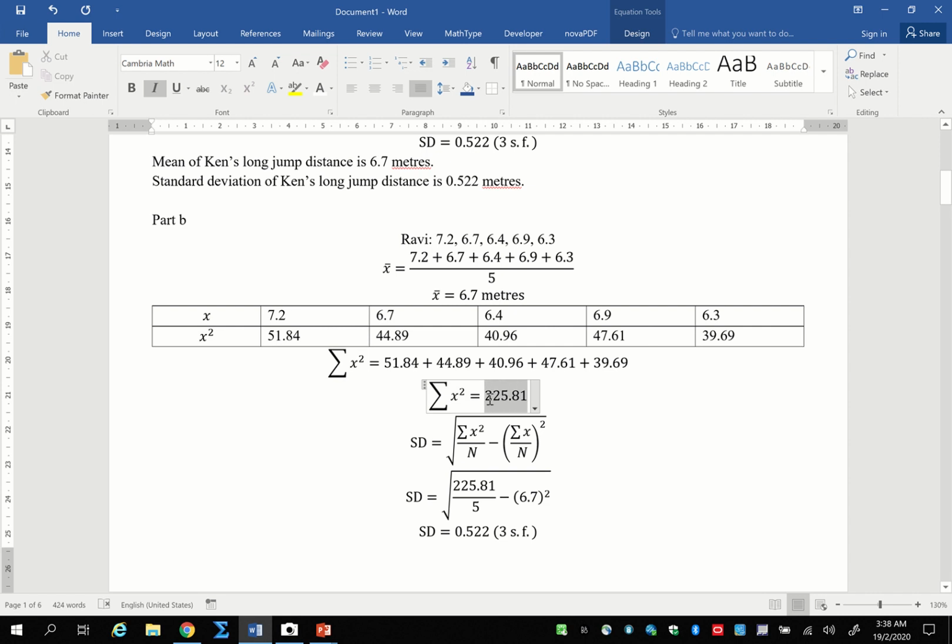If I add all of them up together, we will get 224.99. Same thing, we substitute the summation of x squared into the formula here, so 224.99. n is still 5. The mean is still the same. So if we were to calculate everything, we will get ourselves